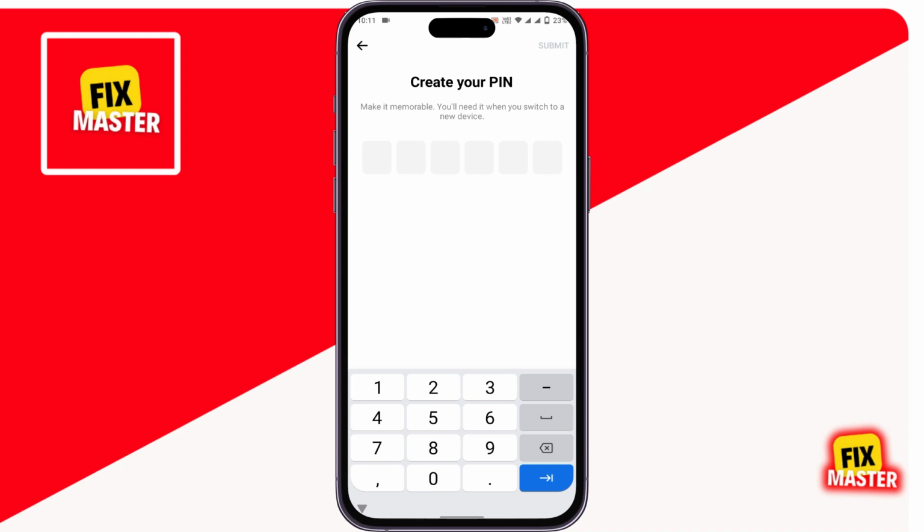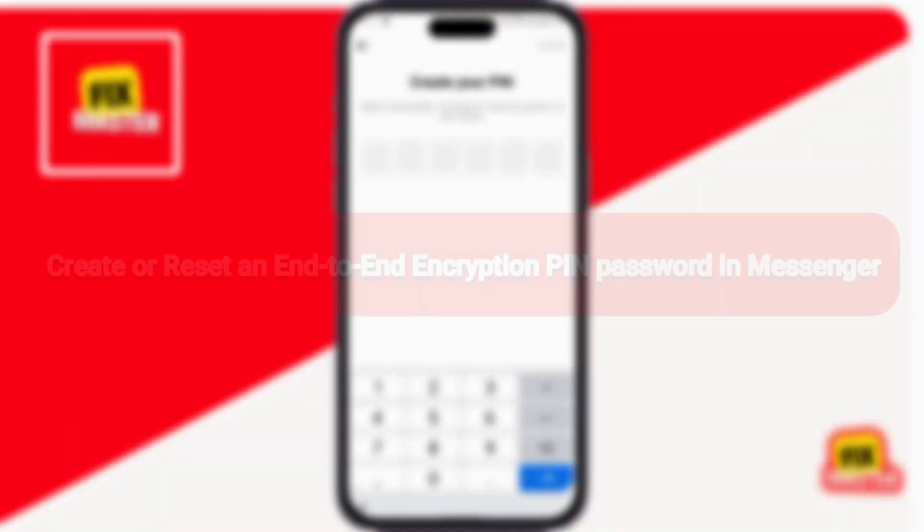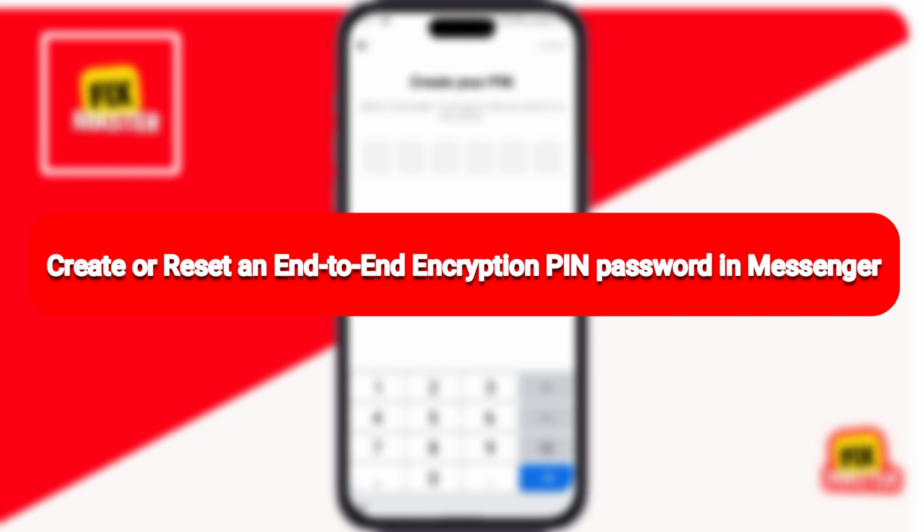Hello everyone. In this quick video tutorial, I'll demonstrate how to create or reset an end-to-end encryption PIN password in